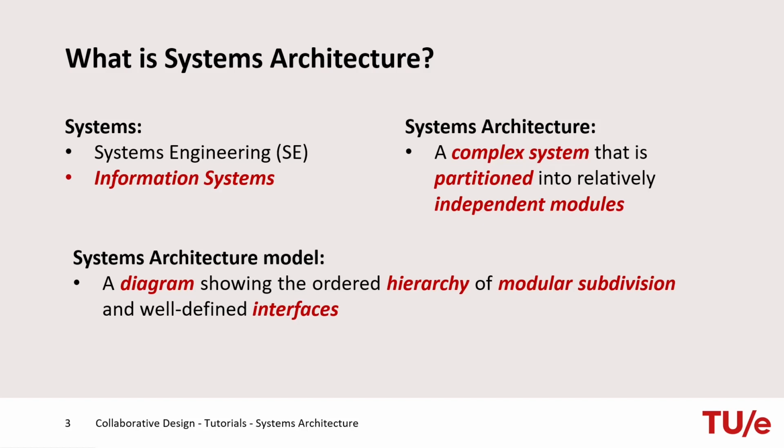First, a few words about the term system. In systems engineering, the system, in the context of architecture engineering and construction, is often interpreted as the room, the building, or the neighborhood that accommodates our human activities. In information systems, a system is usually interpreted as a software program or computer tool that can process data. For systems architecture in this course, we use the second definition, namely the interconnection between different computer tools.